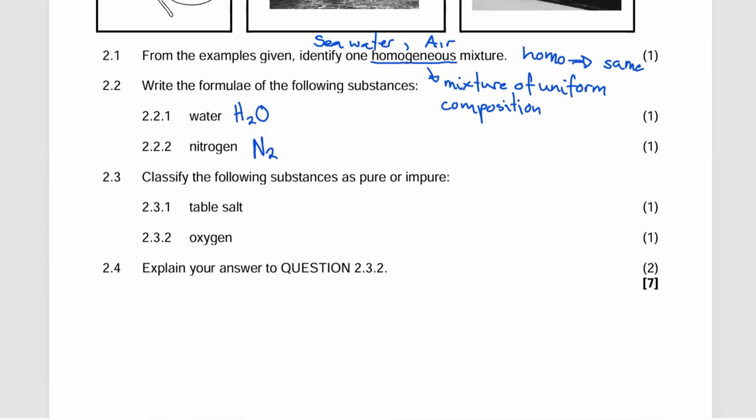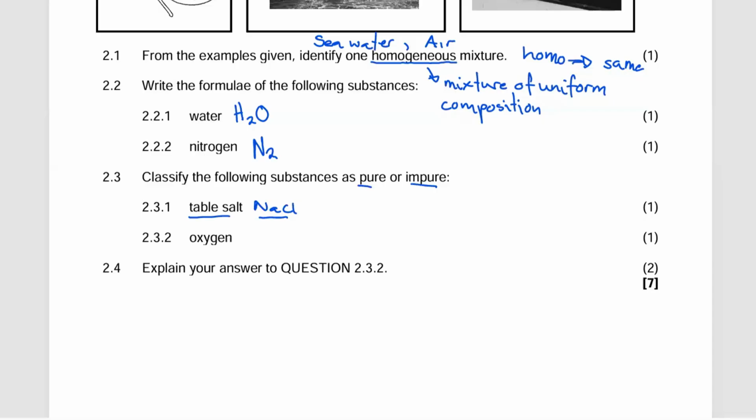Then 2.3 reads, classify the following substances as pure or impure, right? So now we're having the first option there that says our table salt. Then the second one is our oxygen, right? So our table salt there is going to be our sodium chloride, right? A pure substance is a substance where the arrangement is actually uniform. For example, sodium chloride, everywhere you go, your sodium chloride will remain as what